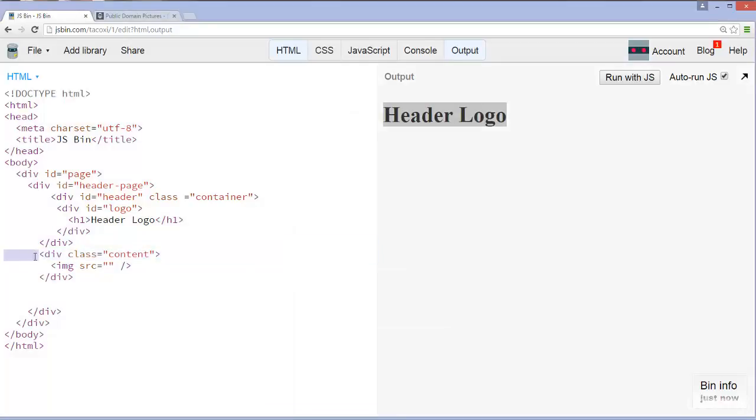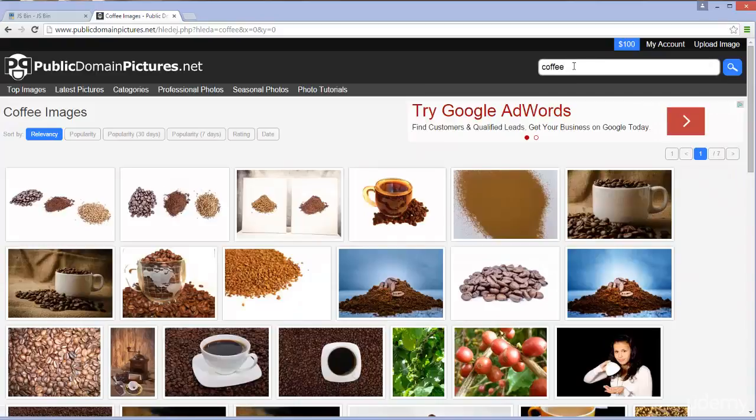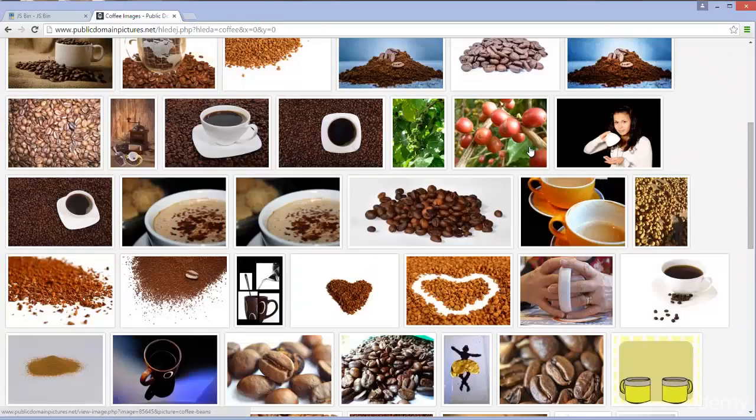Welcome back. Okay, so now that we have this here, let's go ahead and pick an image here. Now I've gone to publicdomainpictures.net, where all the pictures are public domain, and I'm just going to type in coffee. And one thing that I'm going to do in this tutorial series is use a lot of coffee